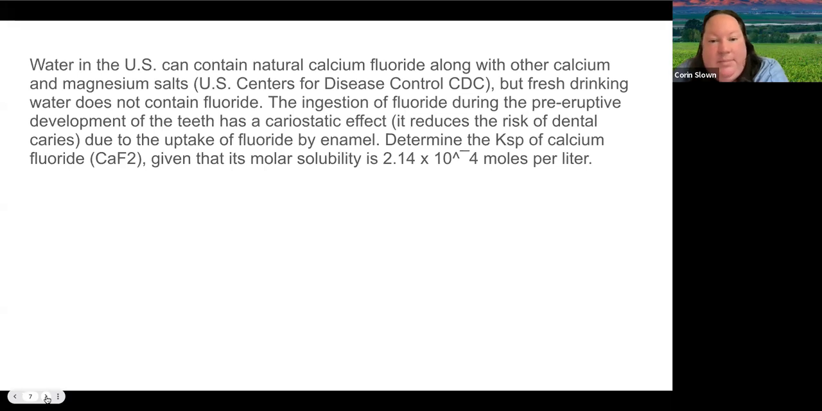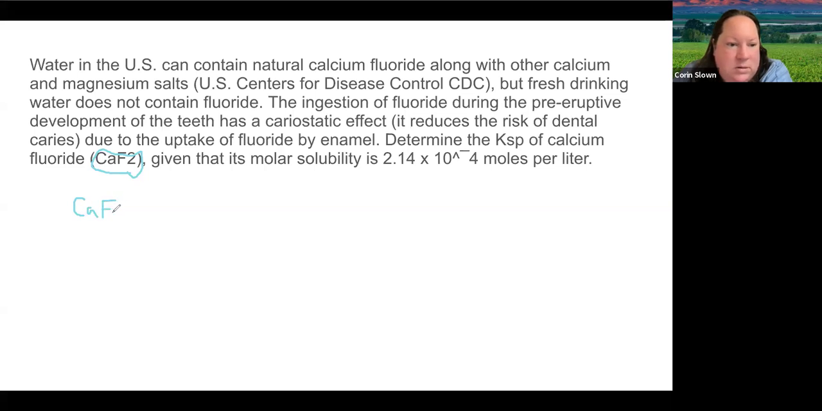due to the uptake of fluoride by the enamel. Determine the KSP of calcium fluoride, CaF2, given its molar solubility is 2.14 times 10 to the negative 4. Okay, so the first place we're going to start is the information that we're given in the problem. So we know that